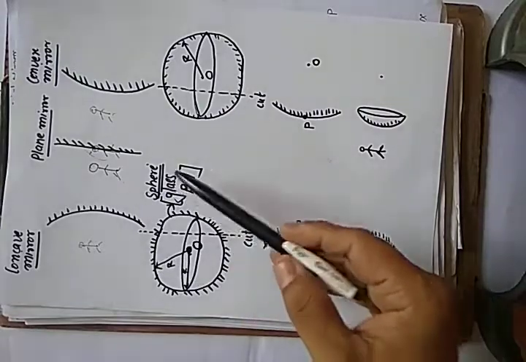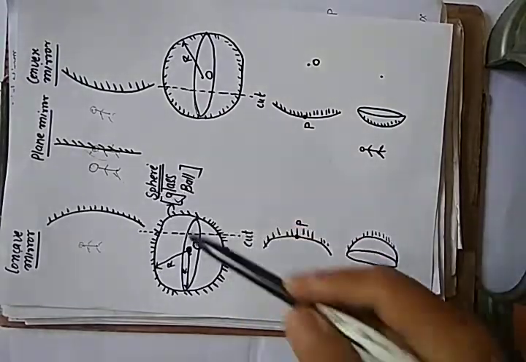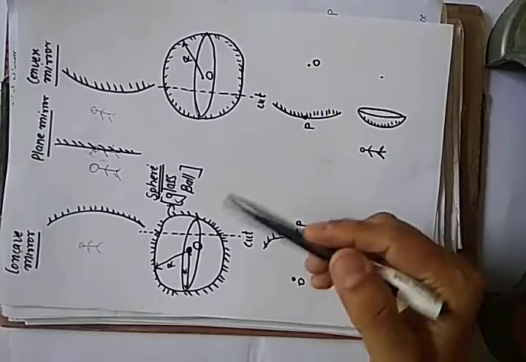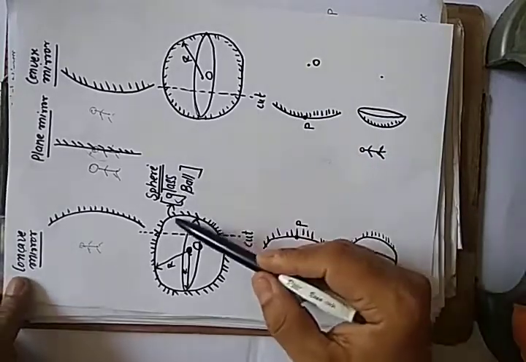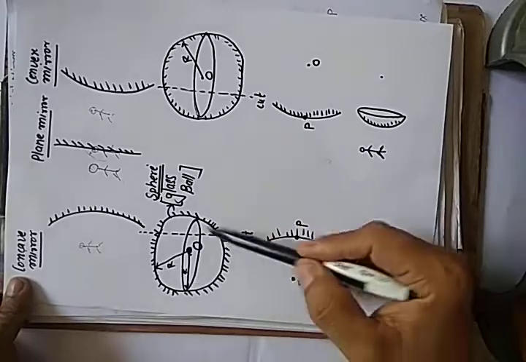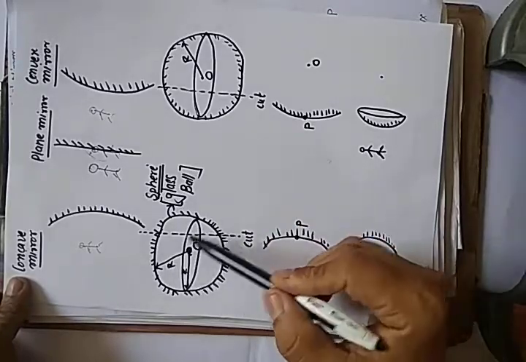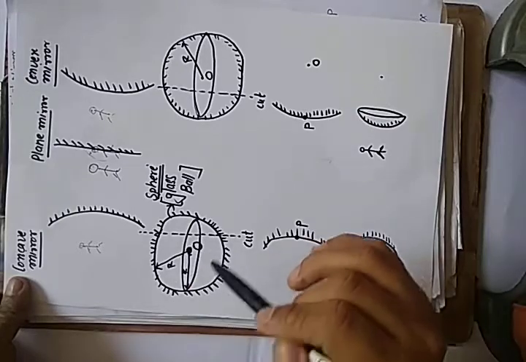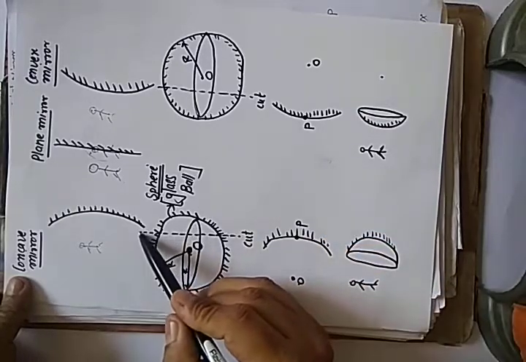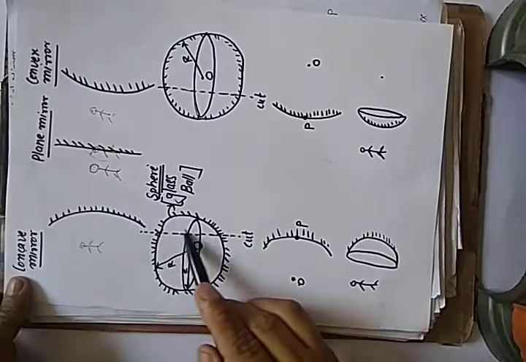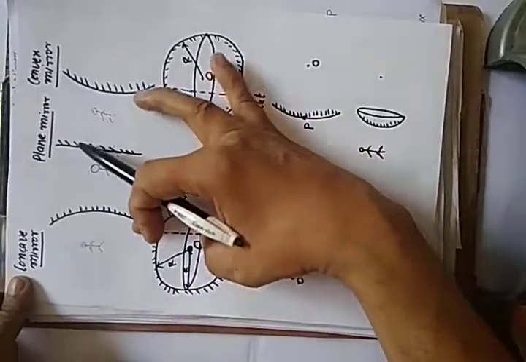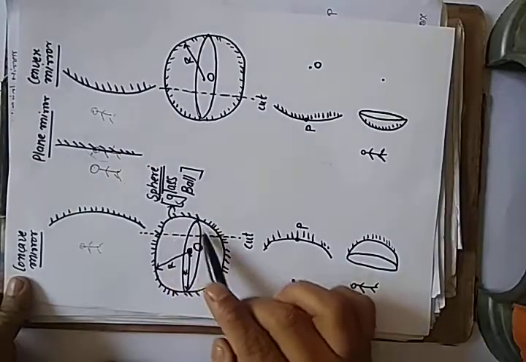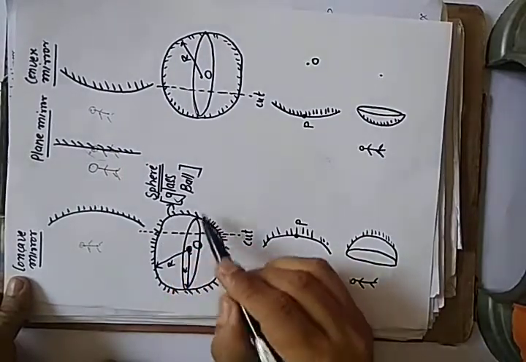Now how are the concave mirror and convex mirror generated? You have to understand, as the topic says, spherical mirror. So what is the meaning of sphere? Suppose we have a glass ball, like a tennis ball, and the ball is made up of glass. So this is a glass ball which is hollow inside. There is no glass inside the sphere. Okay, so if we cut the ball from this portion and take this portion out, it will look like that. It means the curved path, and the polish is outside.